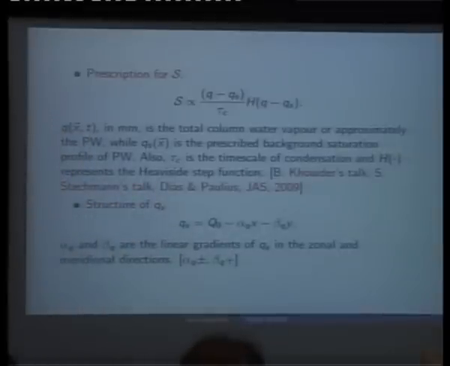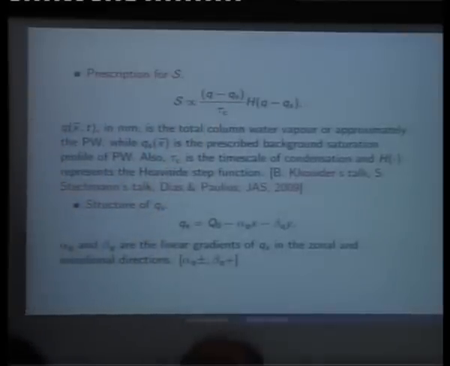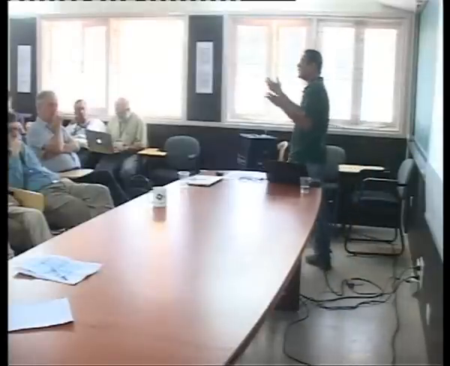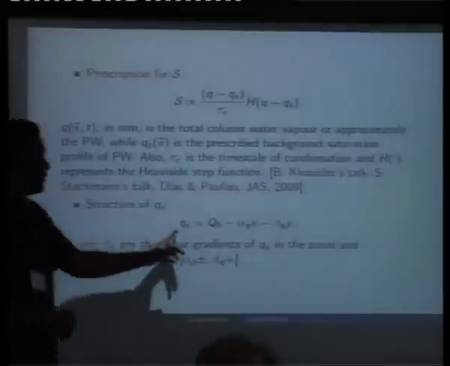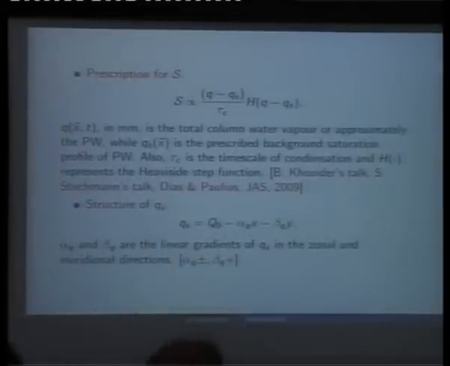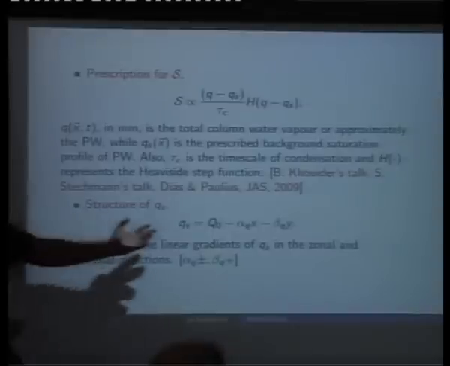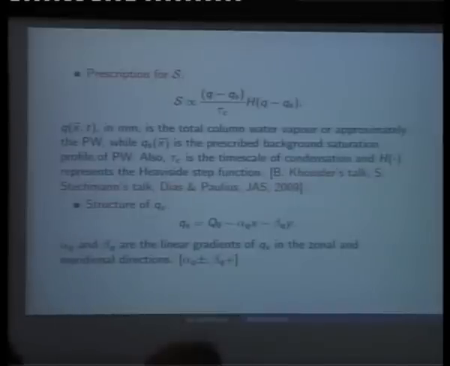So what you do is you say that the precipitable water is advected by the entire baroclinic mode, and what we say is that the background feature that one has over here, which causes condensation to occur, is something that should reflect these gradients that we just saw. Therefore, we build in the gradients into the structure of the background saturation profile. The simplest structure to build in is a linear structure. So we say that Qs can be a constant. It can decay in the x or the zonal direction, or it can increase in the zonal direction.